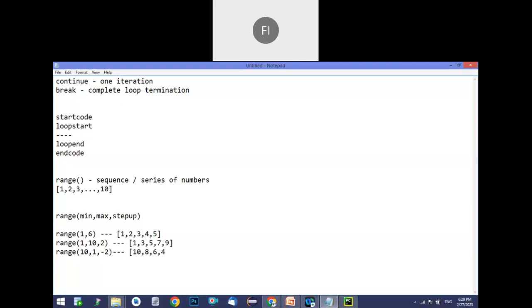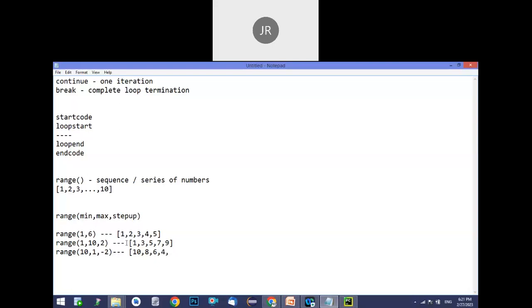Sir, 4... one question, sir. The range is 1 comma 6, you said, no? In between values will it take, or will it also consider the first initial value of 1? See, it will include the min value, it can't start from 2. It will exclude the max value. Include the min, exclude the max. Okay.